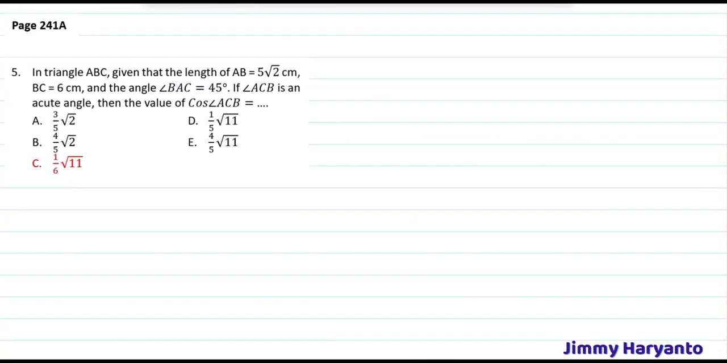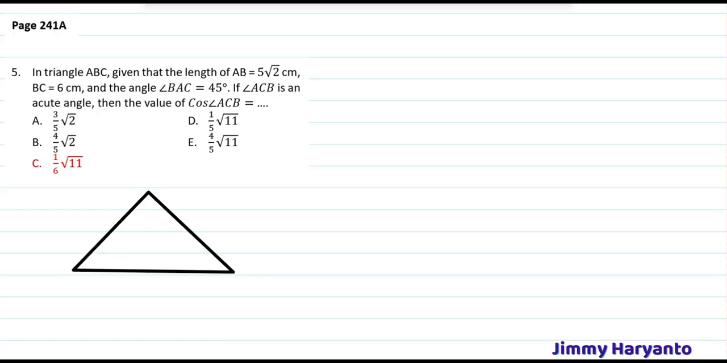And then the next one is question 5, in the triangle ABC. Let's draw the triangle first. The triangle will be like that. This one is A, this one is B, this one is C. AB is 5 square root of 2, BC is 6, and angle BAC is 45 degrees. And if angle ACB is an acute angle, that means cos ACB equals to, okay,